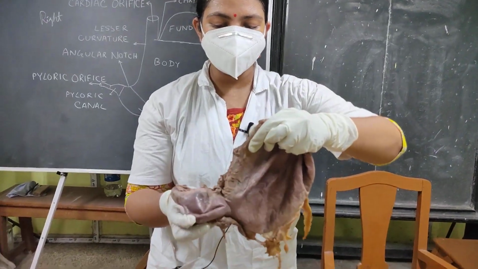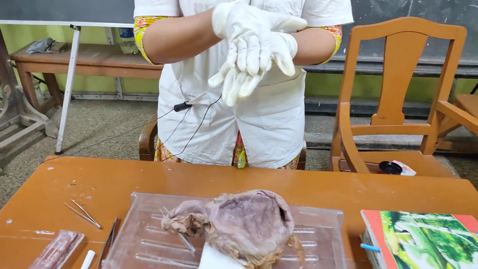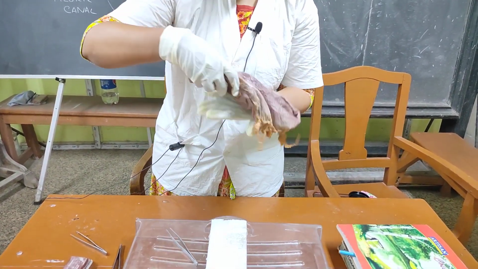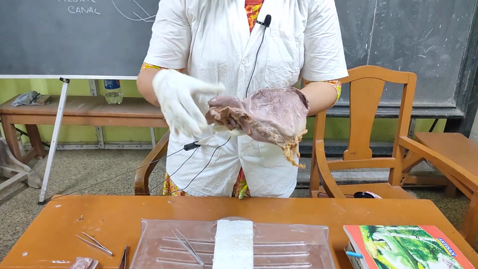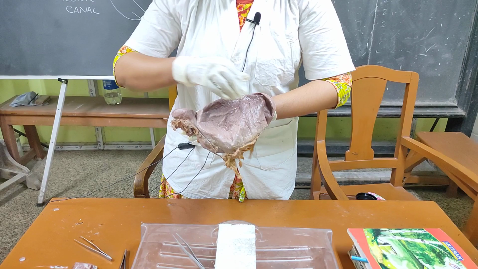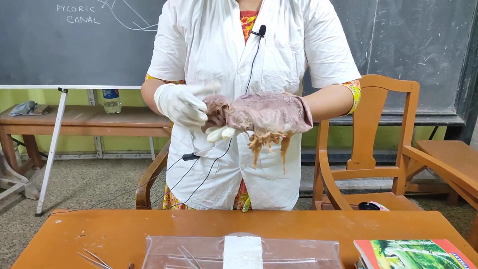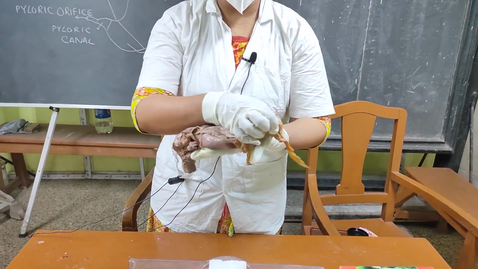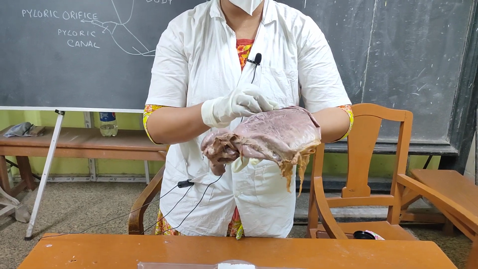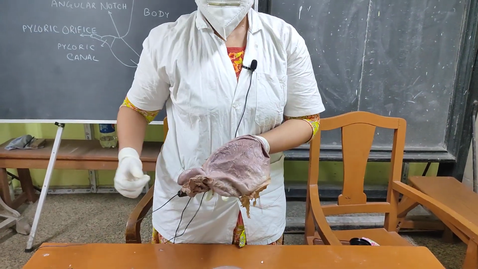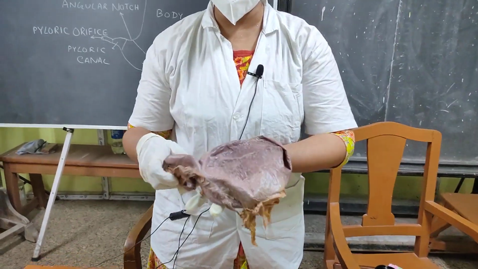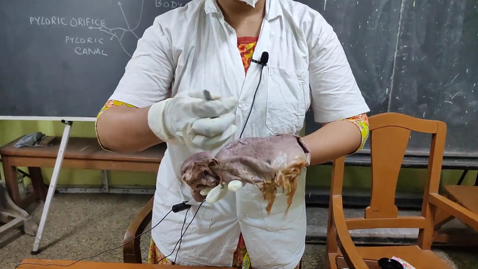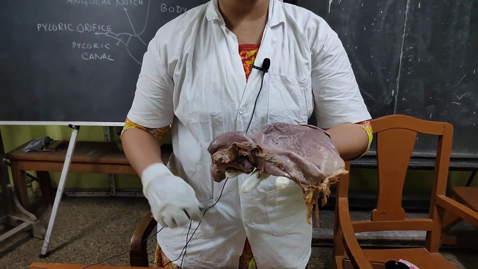Another correct way to hold it in anatomical position is to place your left palm like this. Then put the viscera on the left palm. Pyloric end towards the right side, the cardiac end towards the left side, and slightly lifting the palm like this so that the greater curvature comes at a more superficial plane than the lesser curvature. So, this is the anatomical position of the stomach, where this is the pyloric end, this is the cardiac end, this is the greater curvature and this is the lesser curvature.